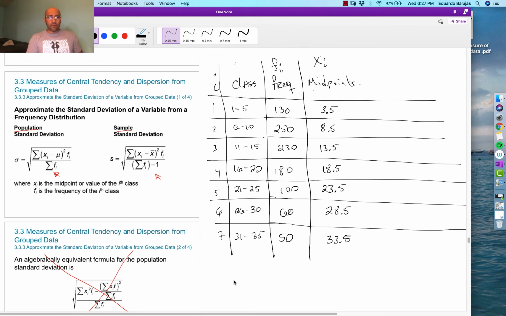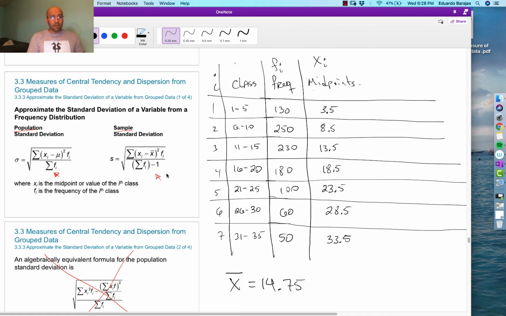And then also from the previous work right below, we found that the mean approximation was 14.75. Right? Our best guess is that on average, these students study about 14.75 hours per week. All right, so 14.75. Okay, so now we want to follow these instructions here to be able to figure out